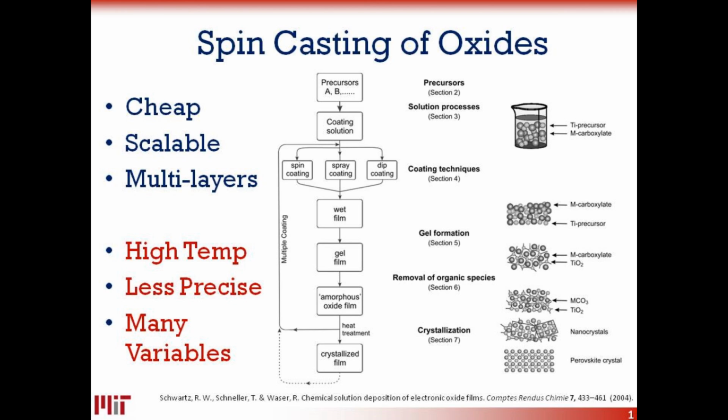And it's also less precise in the meaning of it's really only meant for spin coating to form flat layers on flat surfaces. You could maybe get it to form a conformal coating onto things, but you'd have to very much tune the process to do that. And as I'm going to point out in a minute, there's actually quite a few variables to be worried about in order to produce a quality film. So moving to the next slide,